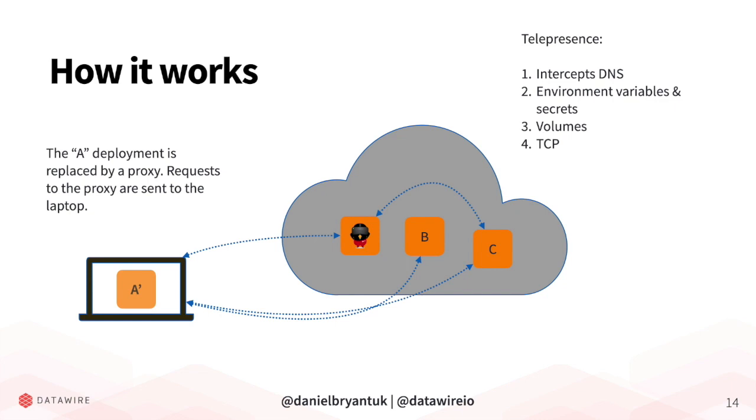But effectively, you swap out your actual service deployment with a two-way proxy that proxies traffic to and from your local machine. Not only that, but it intercepts DNS. You can access environment variables and secrets. You can access volumes as if you're in the cluster. It's like you're practically in the pod that you're running your service in, which is super useful because once you're in that pod, you're in the same namespace as many of your other services, and you're also in the file system space on that pod. You can also proxy TCP traffic around, so not just HTTP traffic. I found Telepresence really useful in minimizing my developer loop, minimizing the friction, the pain in my developer loop.